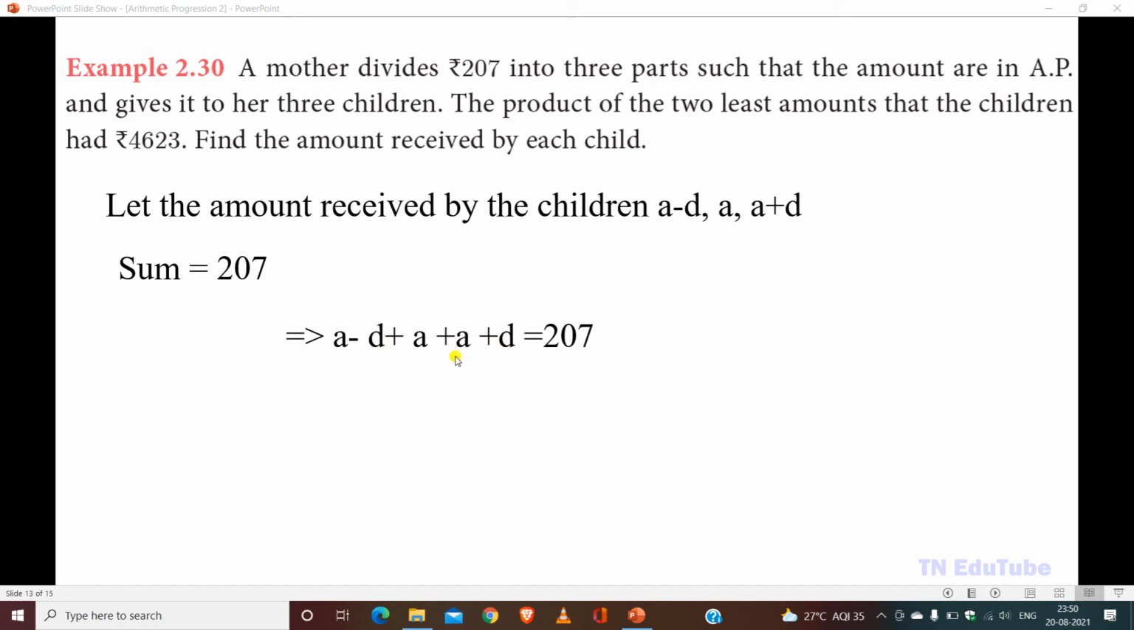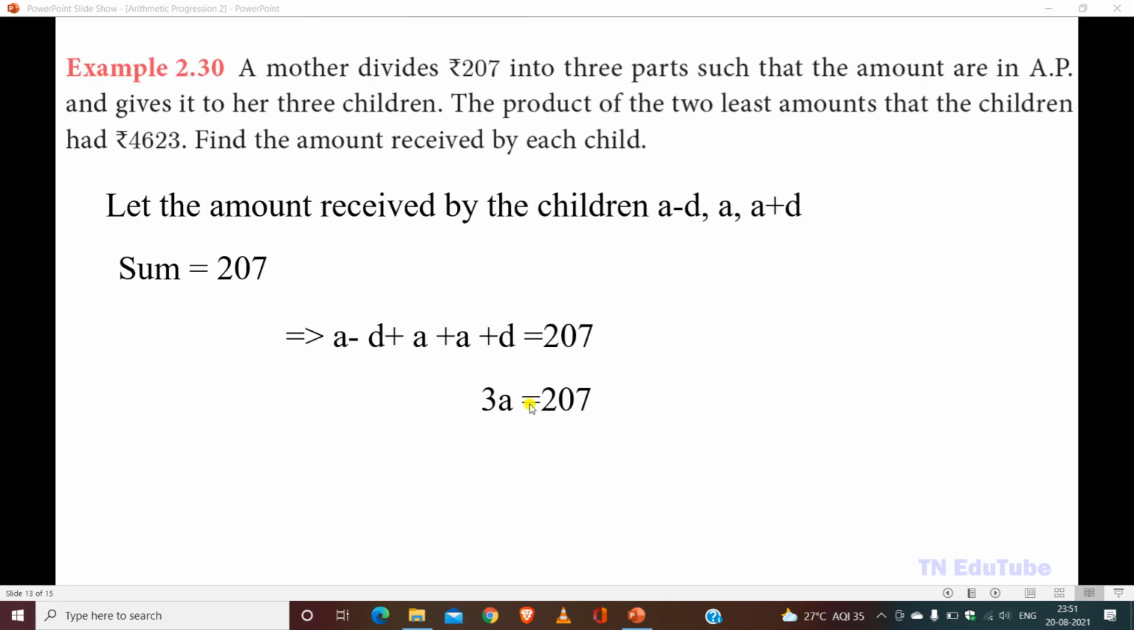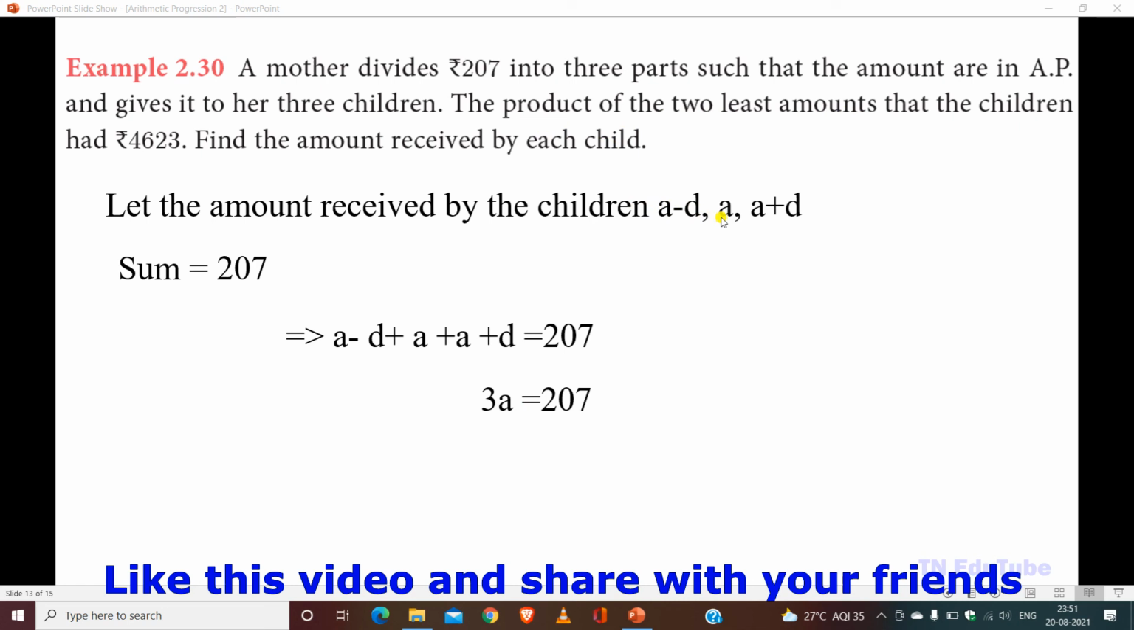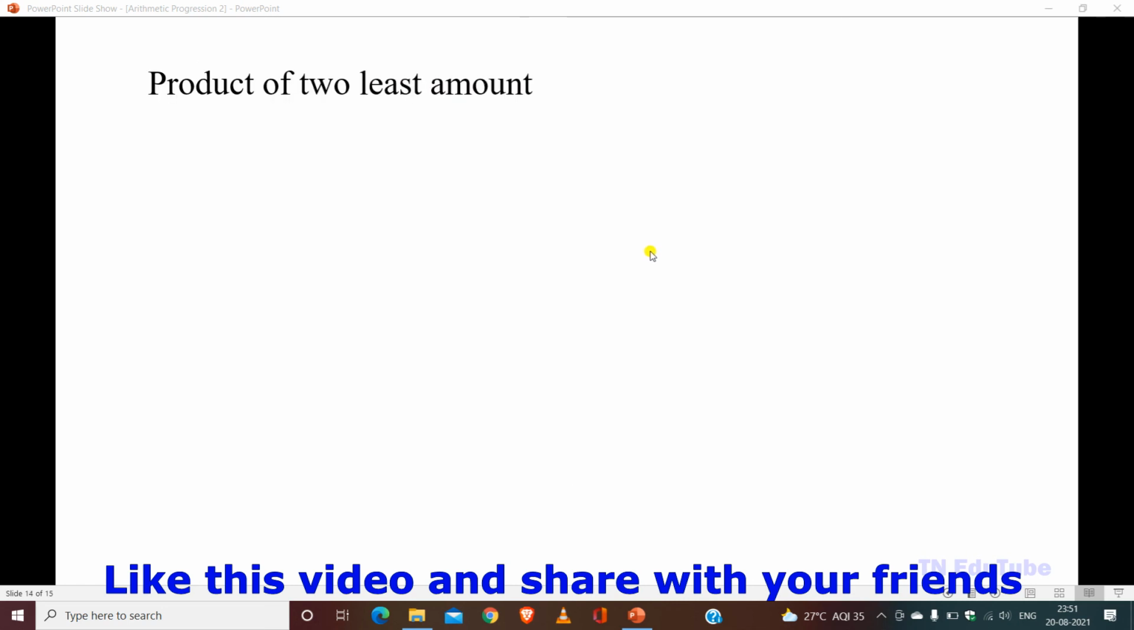Minus d and plus d will get cancelled. 3a equal to 207. a equal to 207 by 3. That is 69. Then the next, what is given in the question, the product of two least amounts. Two least amounts means we have to take a minus d and a as the least amounts. Least amounts means in the three terms the least are a minus d and a. So their product is